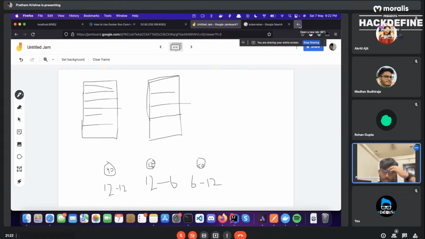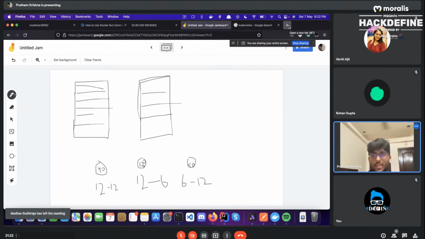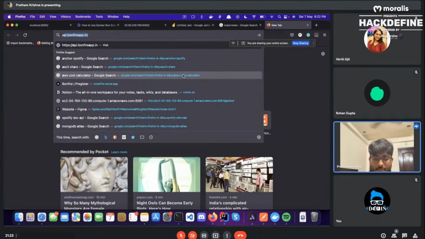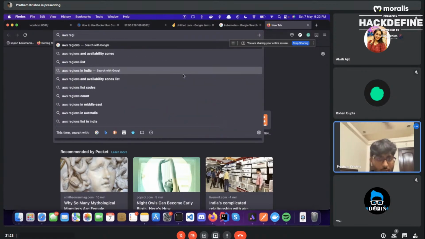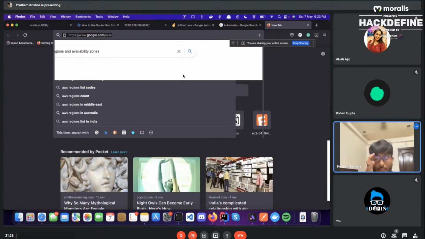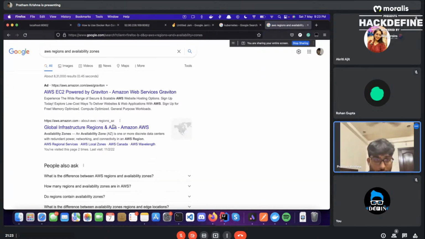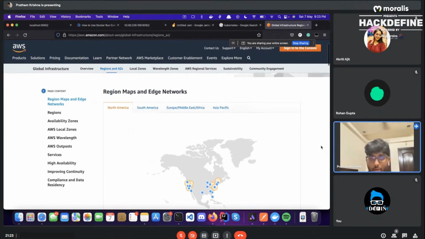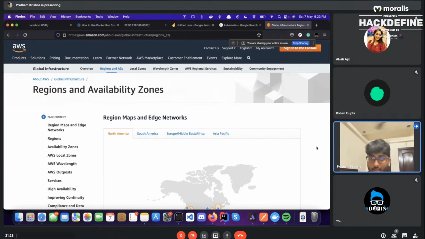So every cloud has its own specific terms, conditions, policies, and stuff. So we're not going into that, but there's something called regions and locations where every cloud provider's servers are actually hosted. So we're going to go through what AWS offers. So there's something called regions, availability zones, and edge networks.